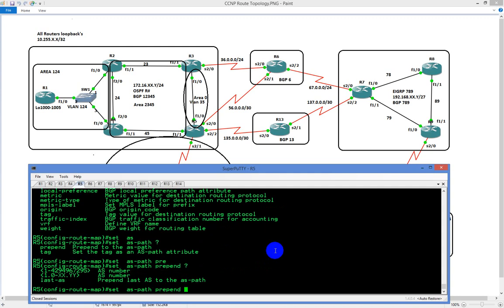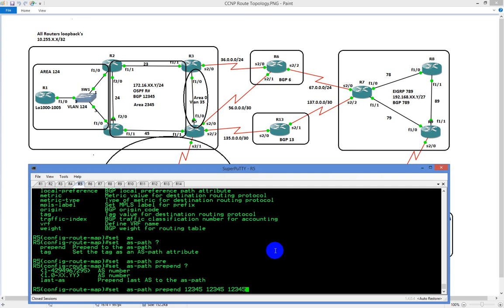What is the number you want to prepend? Now, it is good internet etiquette to only use your autonomous system number. So we're going to use 12345, 12345, and 12345. Now that's going to put three 12345s in front of the originating number,